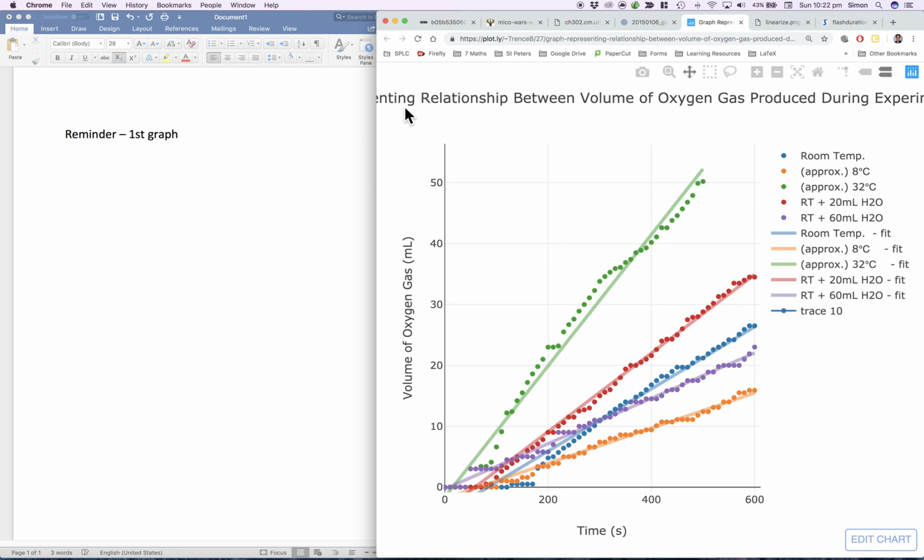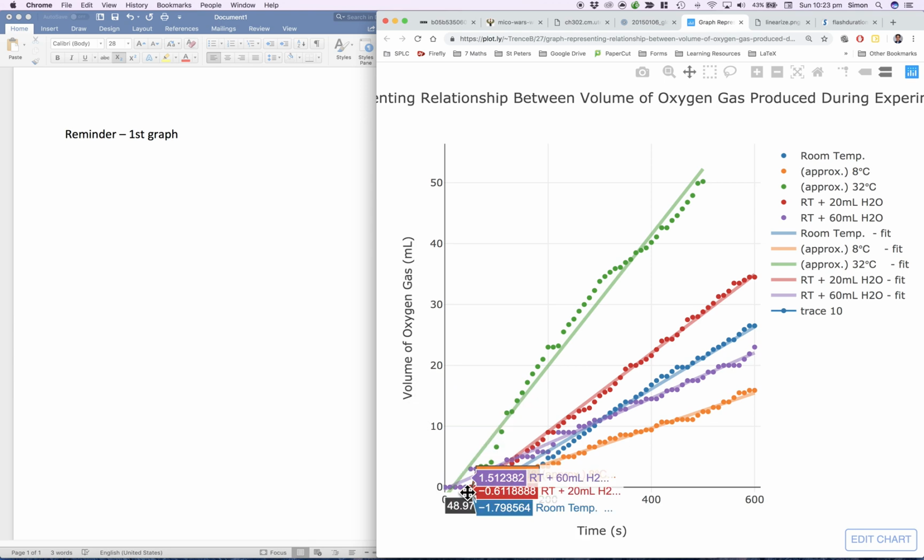Let's see what happens in the experiment. I don't know what the experiment is. I don't really care. It's just an exercise for us to read. So let's look at the low temperature, which is the orange one, and compare it to the green one. Let's go. It's a bit crammed in here, so I'm going to make some sloppy assumptions here. So from time 0 to time 600 seconds for the 8 degrees Celsius data plot,